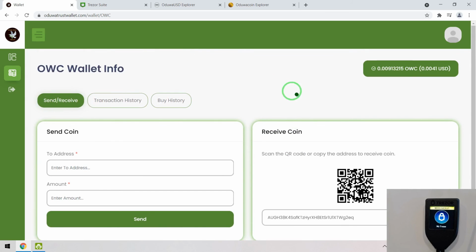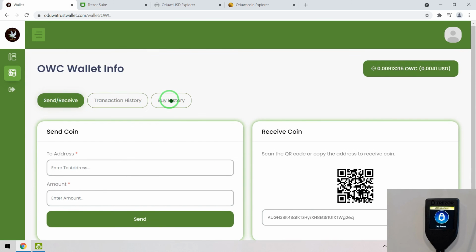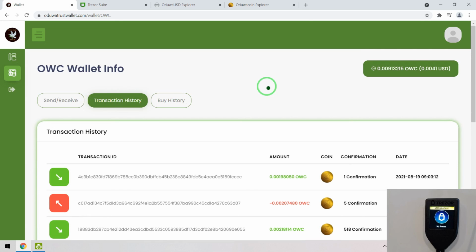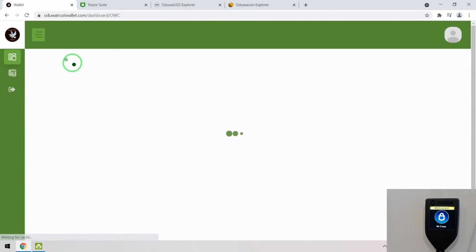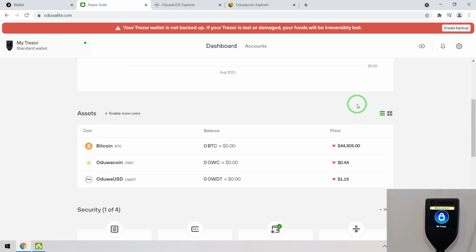It will store your seeds in a session. After sending, it will clear your seeds. You can send, receive. Here it is the transaction history, and this is the buy history. That will show if you have bought coin from a USD wallet. So here it is, I have done.